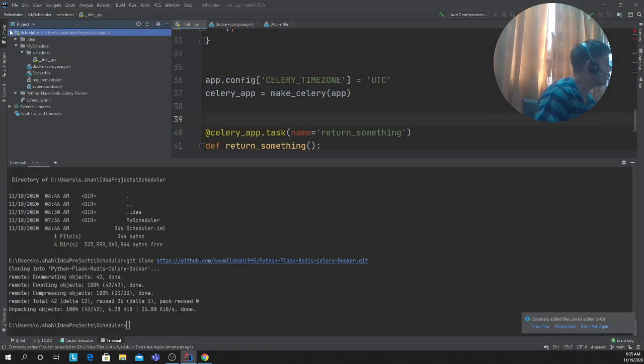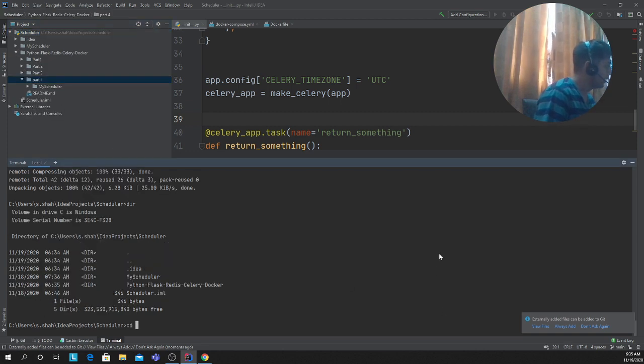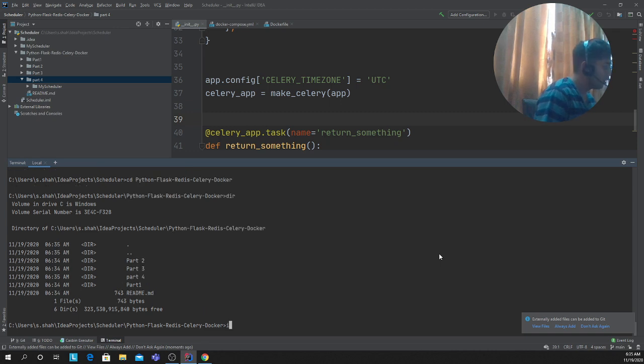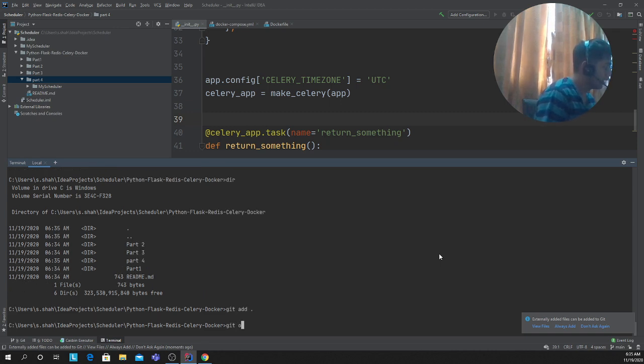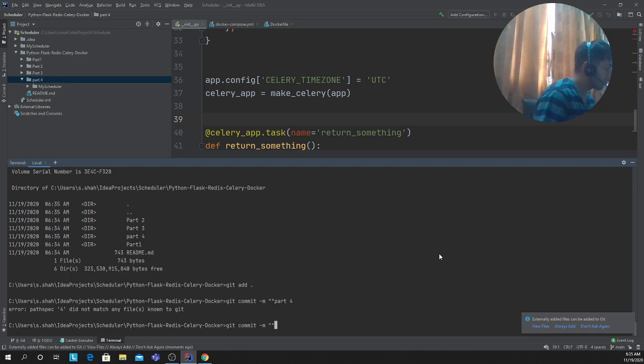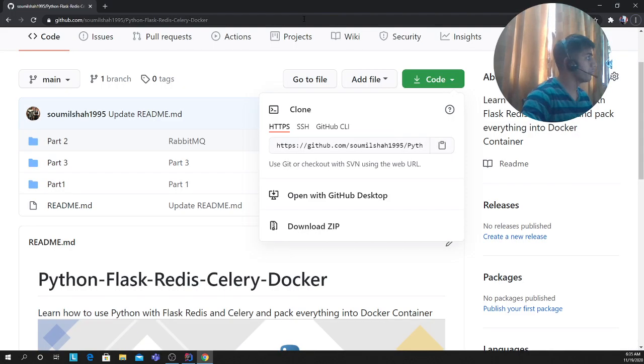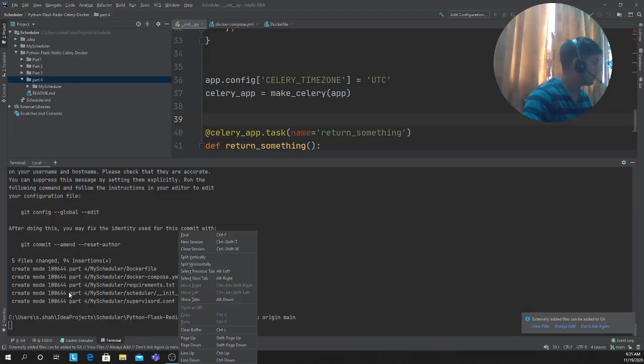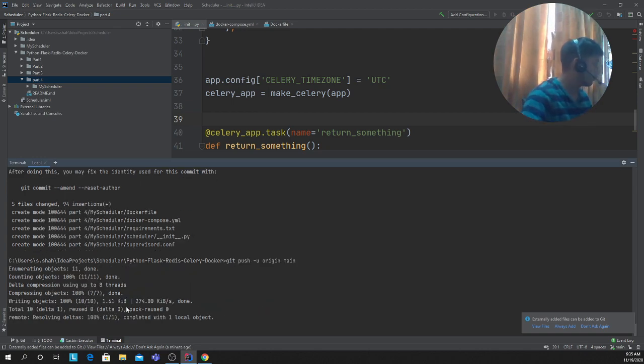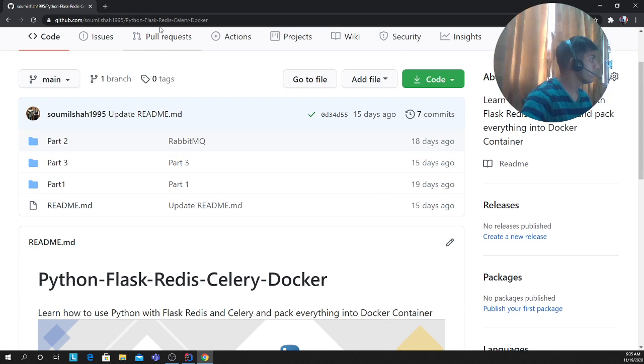Did I even copy? I was too fast. Oh, I did. Okay, cd python scheduler. Now I just have to add my changes and commit. Let's name this part 4. git push origin main, and that's it. The code should be there on GitHub. Still uploading, it's a little slow. There you go, compressing, pushing all the code. It should be there now.